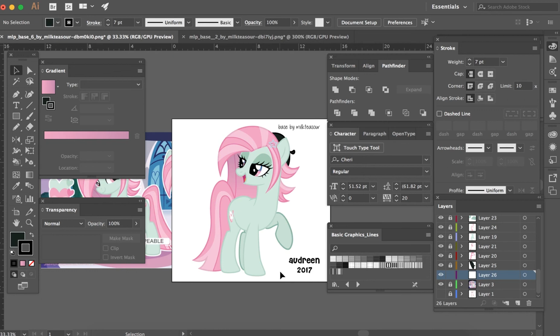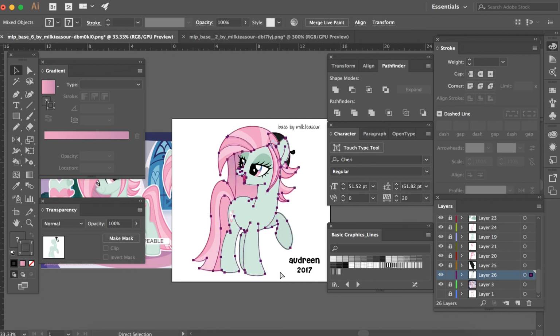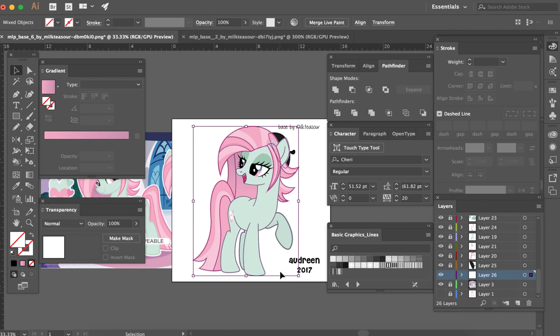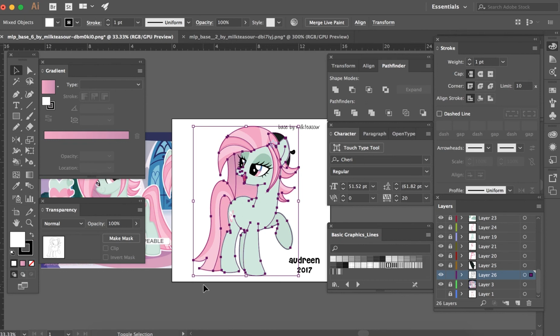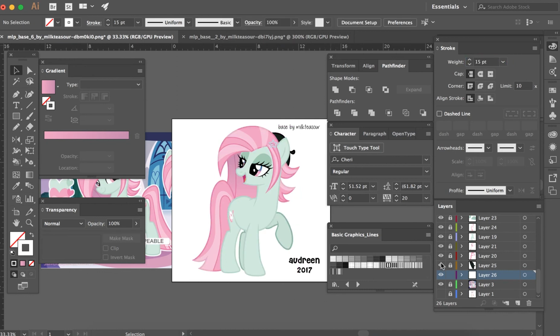around it. So I'm just going to paste that in place, and then I'm going to take out whatever colors and whatever strokes we already had in there, and I'm going to press the D button, which is going to make a black stroke and a white fill. I'm going to press the Shift X button to switch that around, take out the black, and then I'm just going to expand this weight size probably to about 15 or 20,